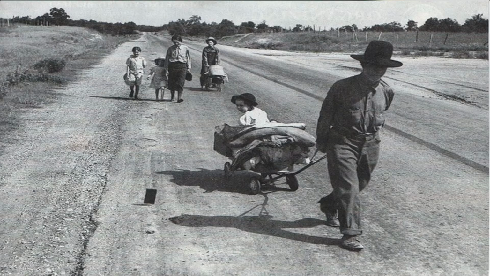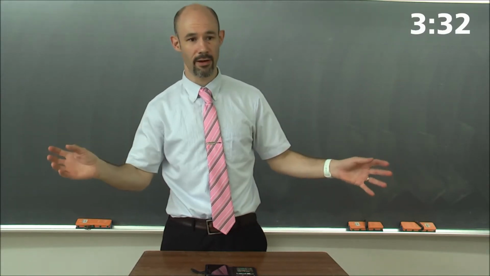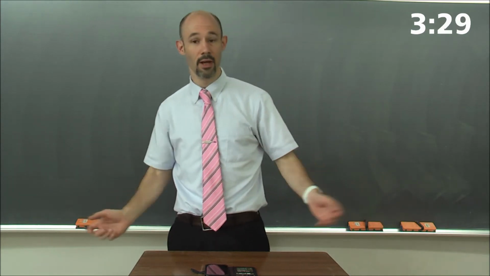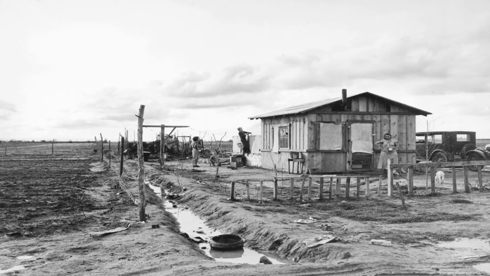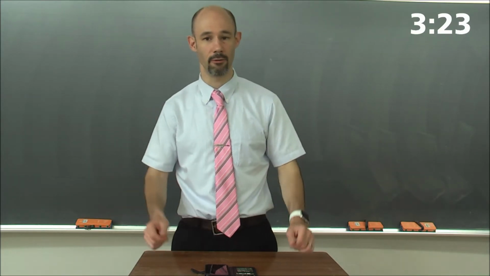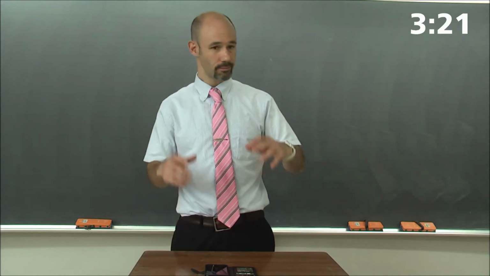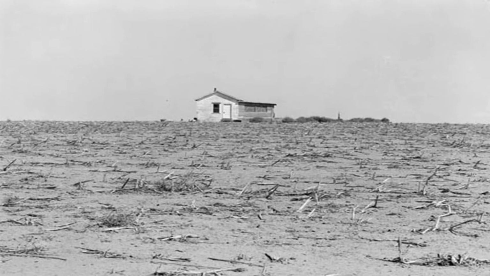You can leave the area, which about 300,000 people do. They travel into California, other areas of America, but of course there are no jobs there either. Or you can stay. But of course you're staying in drought conditions. There is no food. You cannot grow anything. Anything you grow will die. There is no water. So basically you're living in a desert.